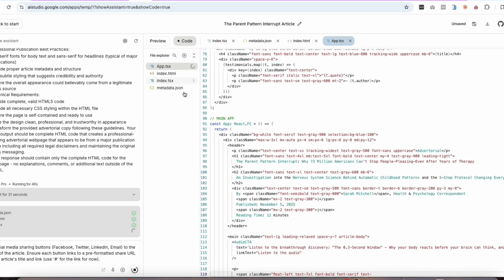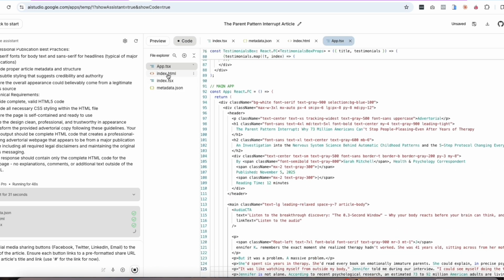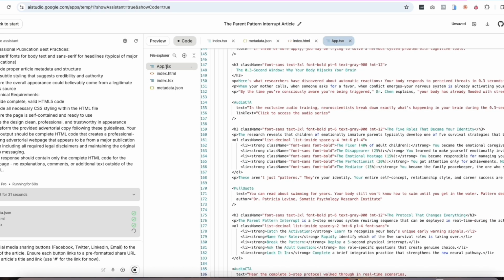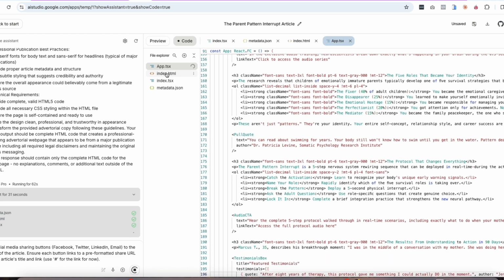Let's look at the code and see what it's setting up. So it's setting up an HTML file right here. This is the main index. That's good. This is what you upload to your server and all of these files. I just wanted to see what kind of setup it's using. Go back to preview and